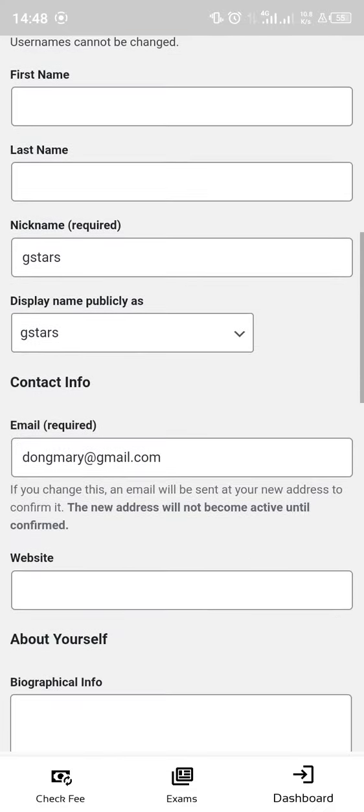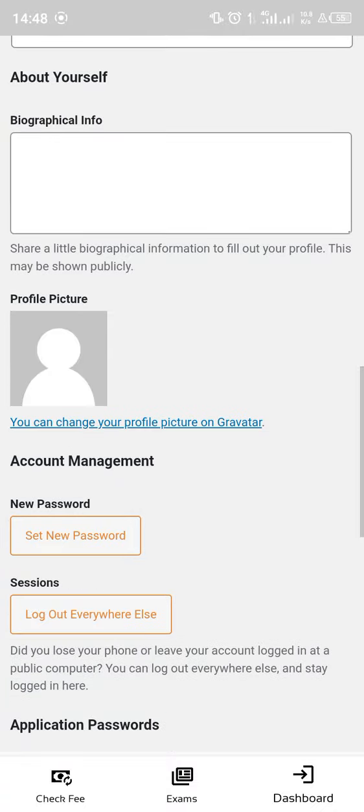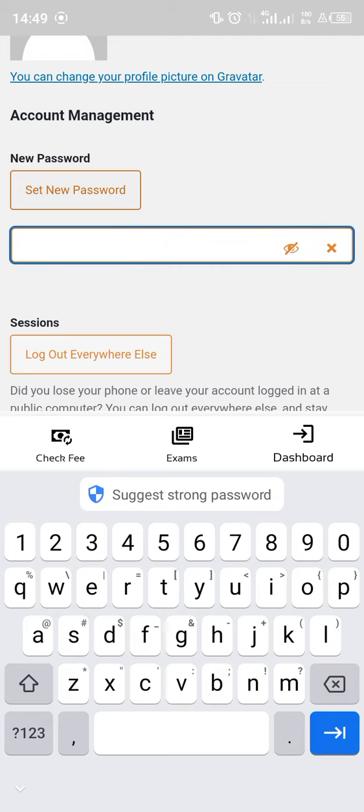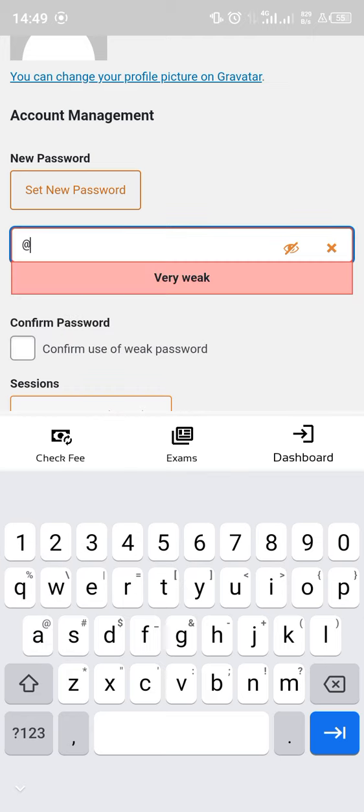Move down until you see new password. So you click on the new password, the system will generate a password for you, which of course will be difficult to put in your head. So you can erase this password and then type your own preferred password